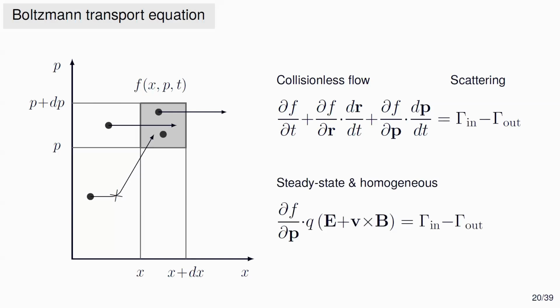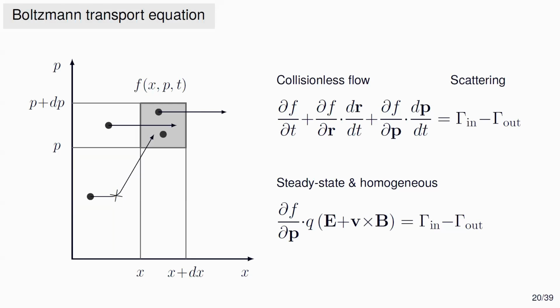In practice, what we do is to remove the dependence on space. We consider homogeneous materials. We remove the dependence on time because we want steady state carrier currents. And then we replace this rate of change of the momentum, simply using Newton's equation. This would be the force acting on the electrons. And this is replaced by the electric field plus the Lorentz force. So if you are doing Hall measurements, you will have to use a magnetic field. So that's what goes into this expression. This is what we try to solve in practice.